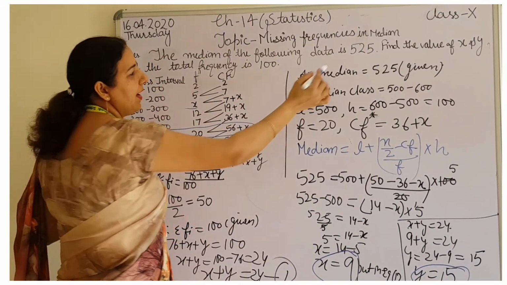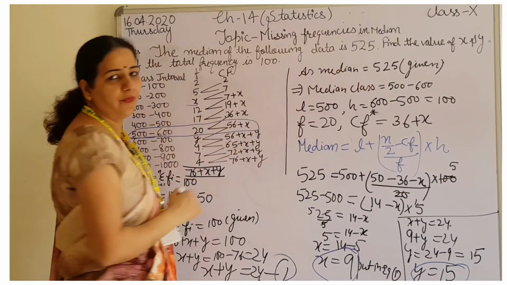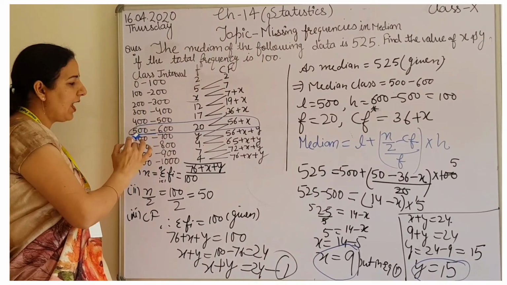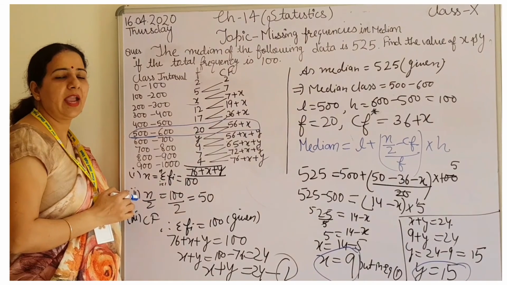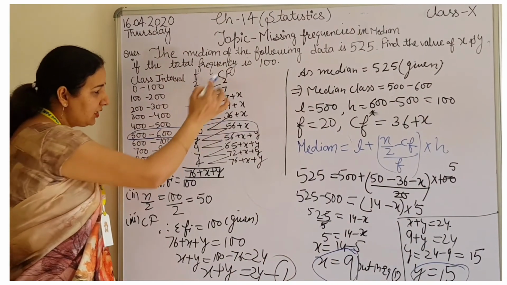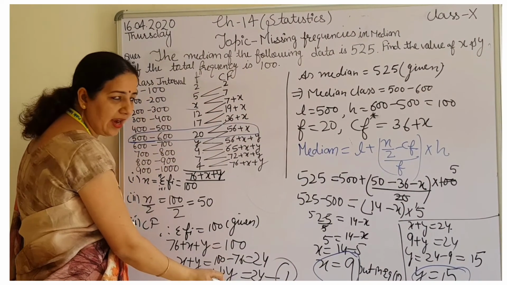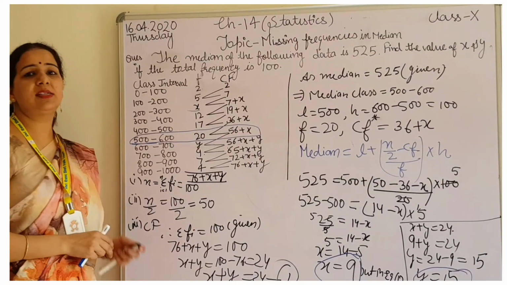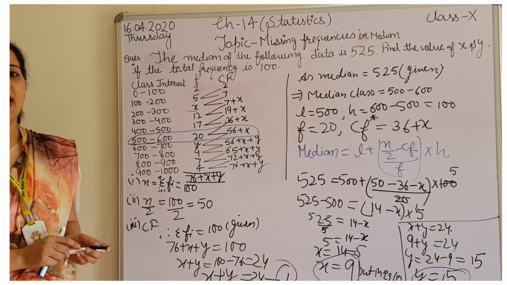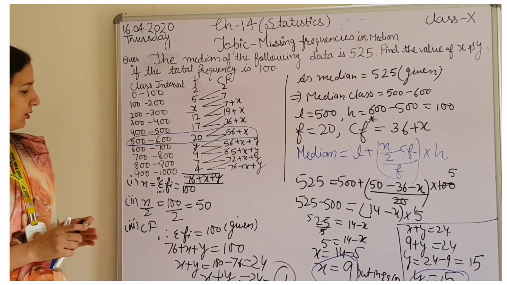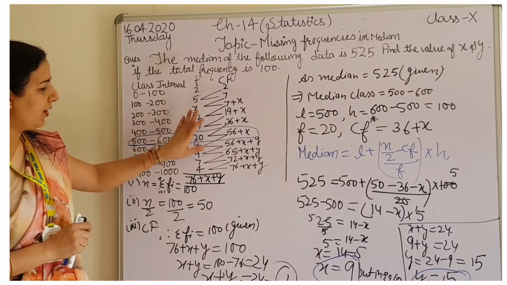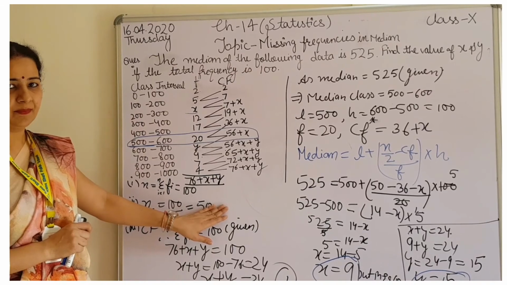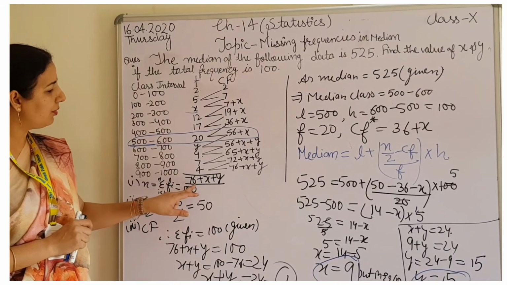As the given value is 525, the median class will be 500 to 600. And students, this portion till here will remain the same in mean and in mode also, because till this step I have just added all the frequencies and my answer turned to